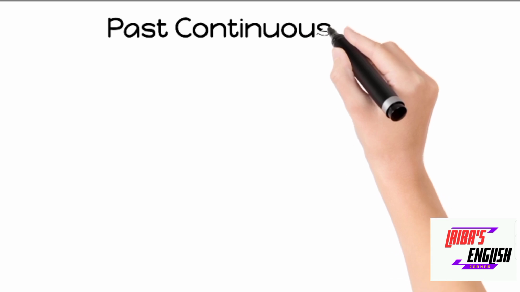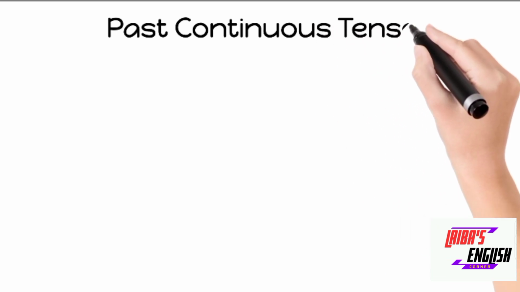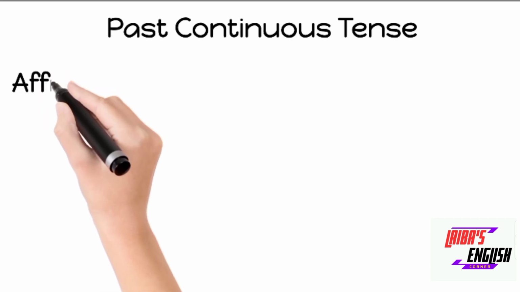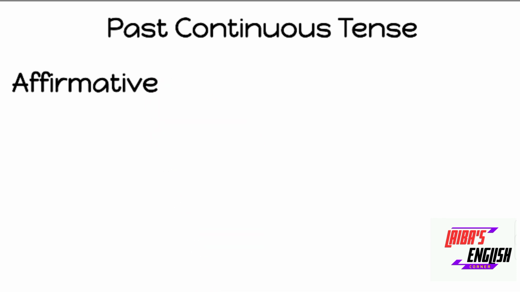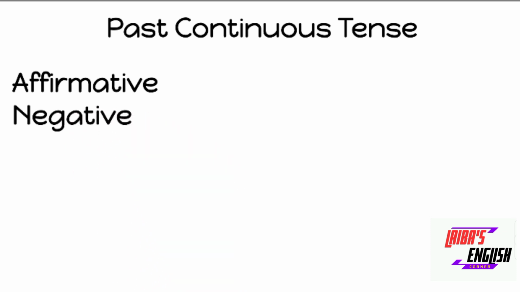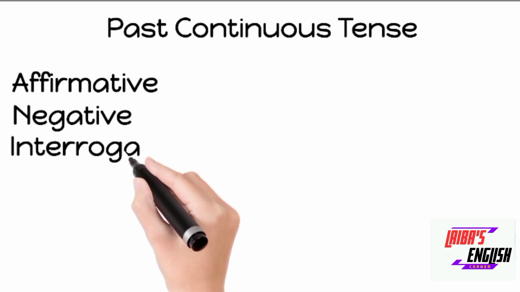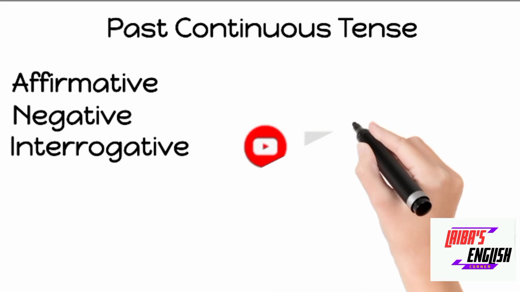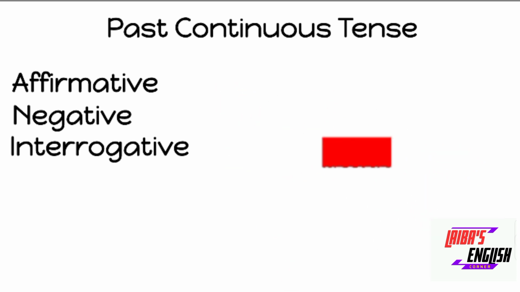In today's video, we are going to discuss part number 2 of past tense, which is past continuous tense. We will discuss the structure and we will have different examples to make our concept crystal clear. Along with it, we will discuss the three different types of past continuous tense, which are affirmative, meaning all the simple sentences that follow the simple structure; negative, in which we will use not; and the last one is interrogative, in which we will ask questions. So this is the content of today's video.